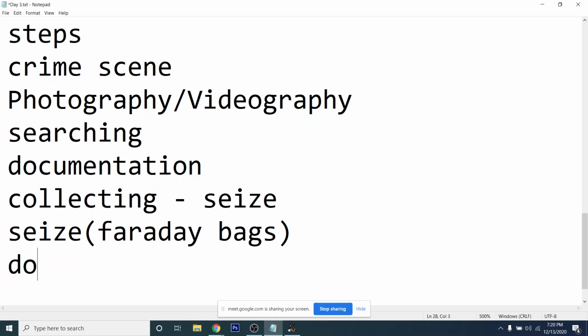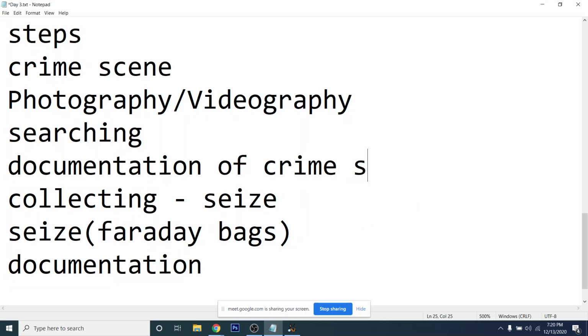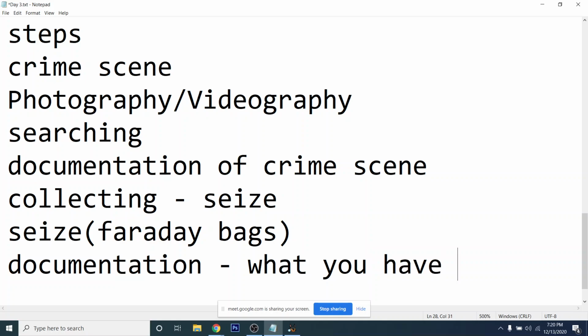Then again documentation. This is the documentation of the crime scene, and this is the documentation of what you are doing, what you have done. Means you have collected